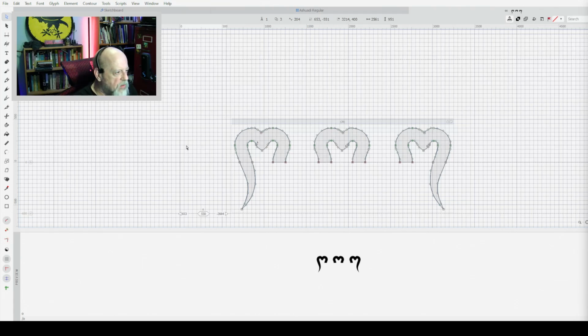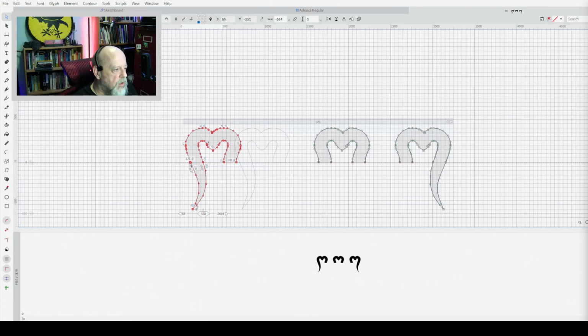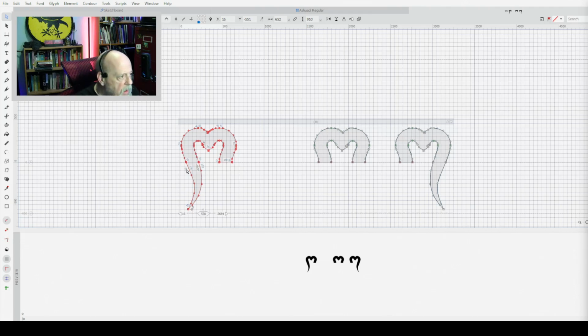You probably can't see it very well here. There is a line right here vertically, and that is the 0 axis for the glyph. So when this glyph is entered on the keyboard, it will be drawn from that point to the right. So what I'm going to do is drag this over to here so it's about on the line, and then I can use the arrow keys to just inch it over.